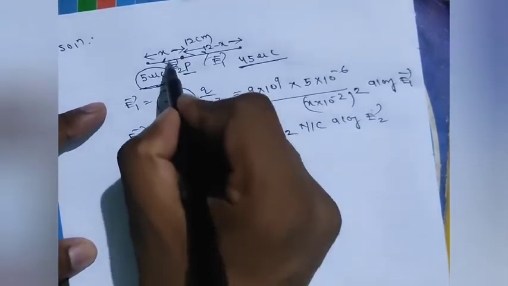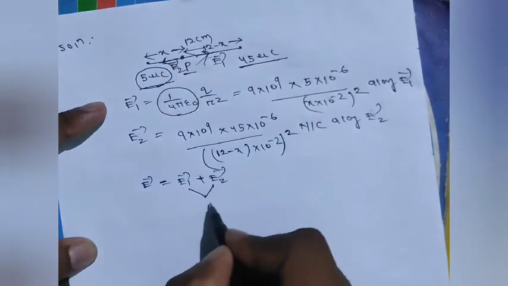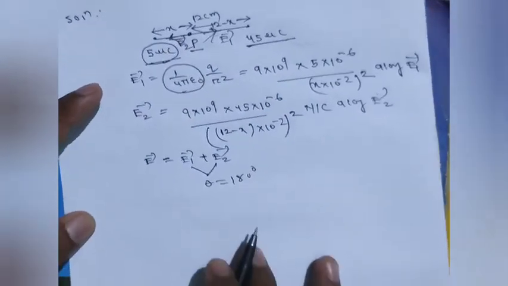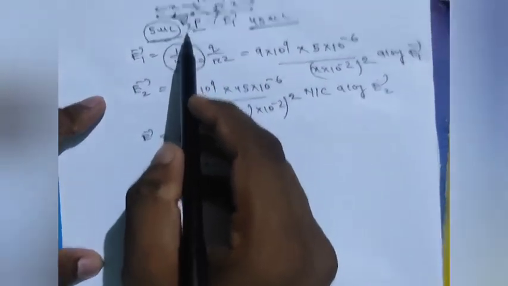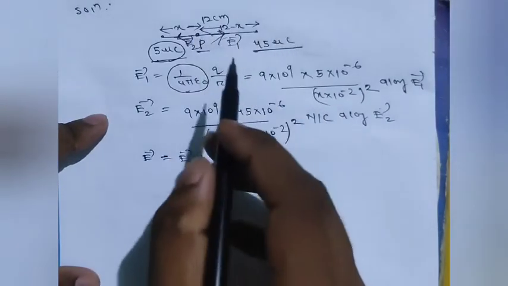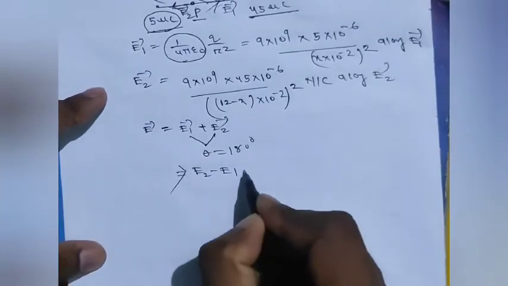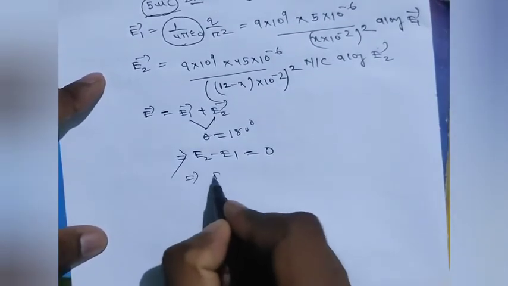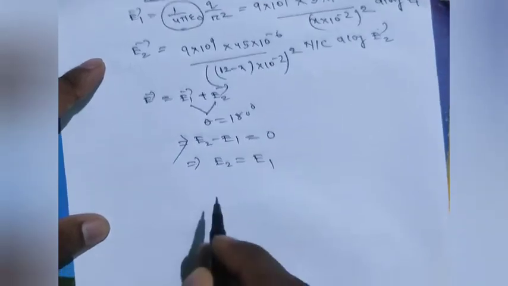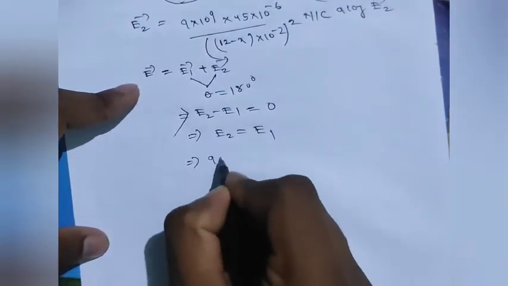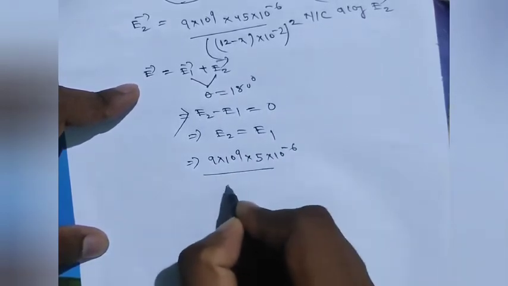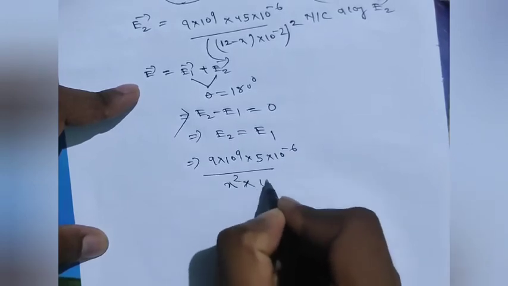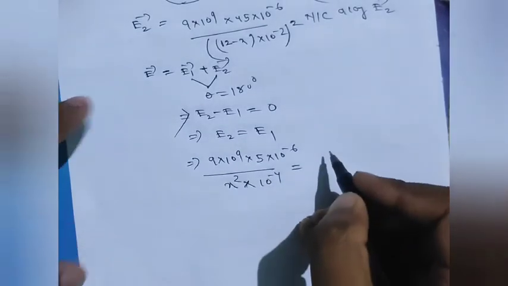Since the angle between E1 vector and E2 vector is 180 degrees, their net resultant electric field will be simply E2 minus E1. And initially I have already considered that P is the point where the net electric field is 0. That means this E2 minus E1 will be 0, and simply we can see E2 equals E1. So E1 will be 9 into 10 to the power 9, 5 into 10 to the power minus 6 by x square into 10 to the power minus 4, and E2 is